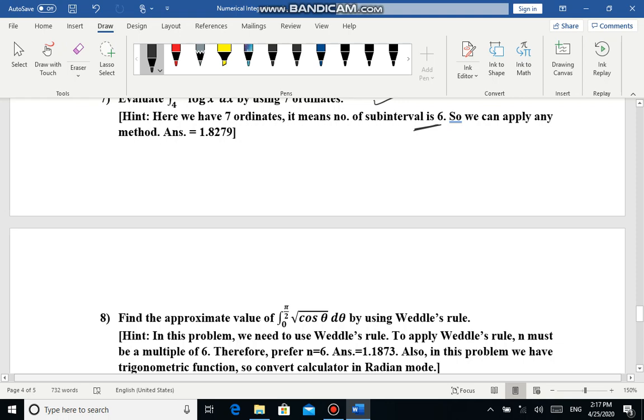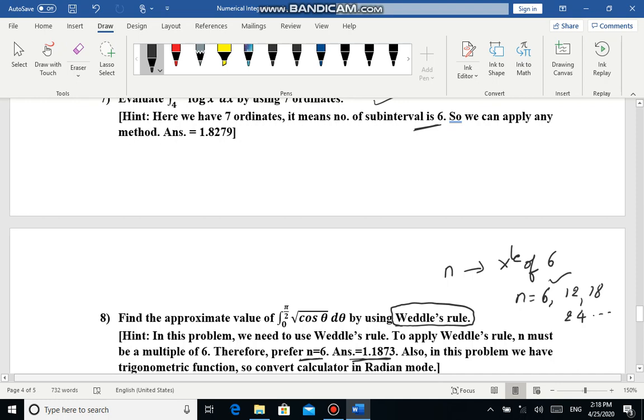find the approximate value of this by using Weddle's rule. Here we mention the method, that is Weddle's rule. So to apply Weddle's rule, n must be a multiple of 6. So you can take n equal to 6 or 12 or 18 or 24, anything, but prefer n equal to 6. If the number of subintervals or ordinates is not given, prefer the suitable one. For Weddle's rule, n equal to 6 is the suitable subinterval. So using this, you find out the step length and the value of the definite integral. You will get